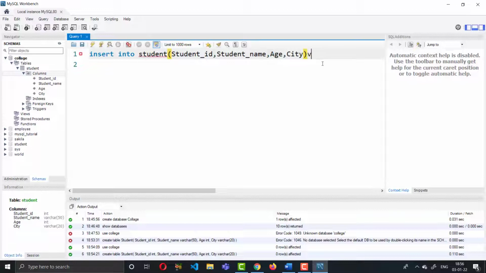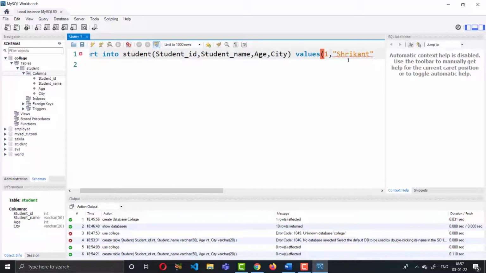Now we will put the information. So we will use values and open the left parenthesis here, and suppose for student id I am writing 1, and what is the name of the student? We have set the parameter for the student name as string, so we will pass a string here. Suppose I am giving Shrikant.